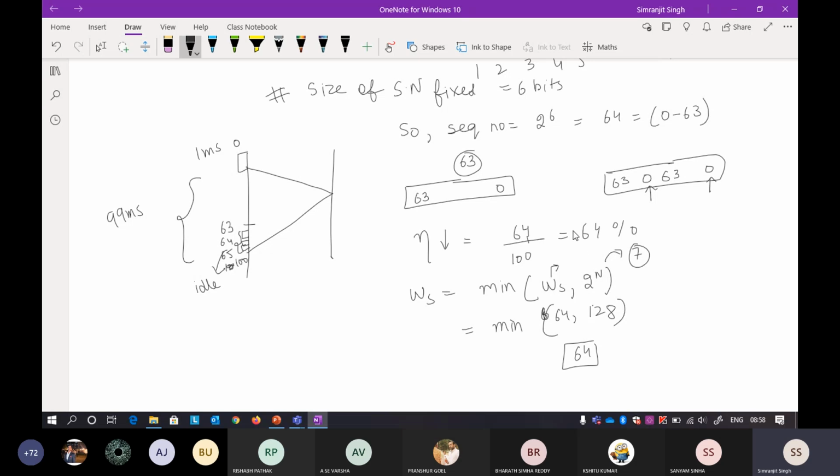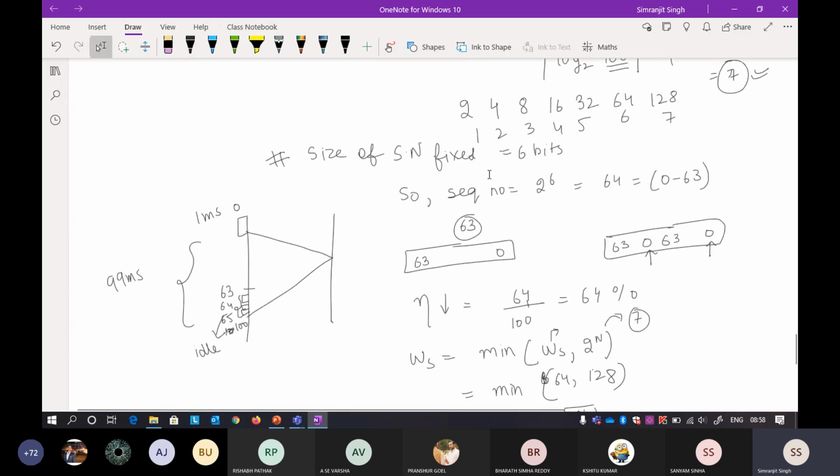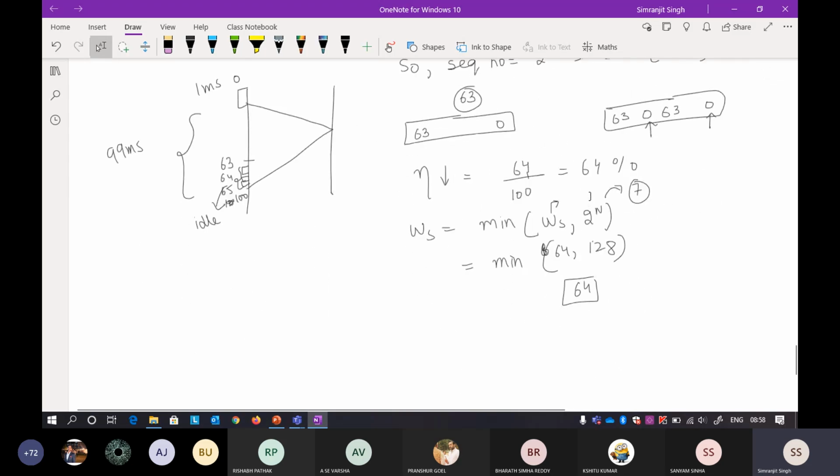Okay, so that is why your efficiency may go down. You will always see that your efficiency goes down, even if you decrease by 1 bit. Also, if you take the floor of this particular thing, your efficiency again comes down to only 64%. Okay, so now understand this very clearly.